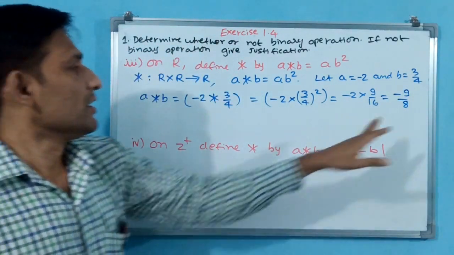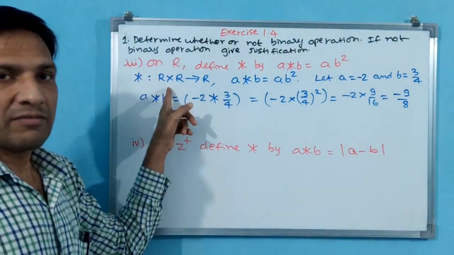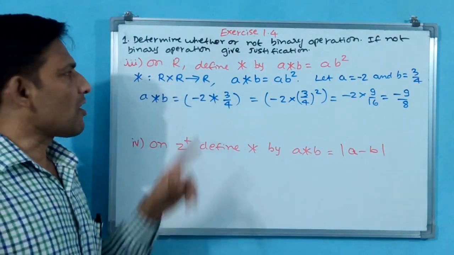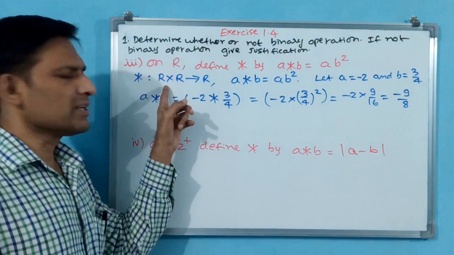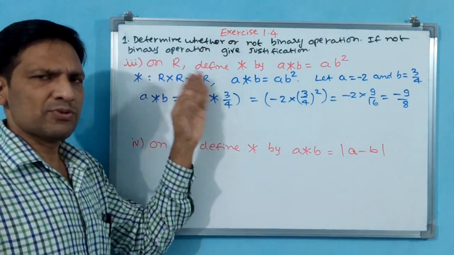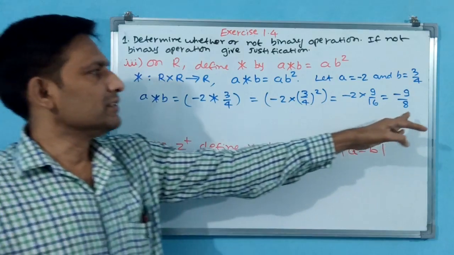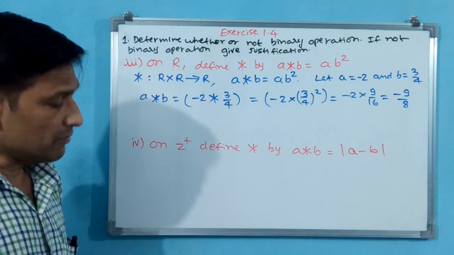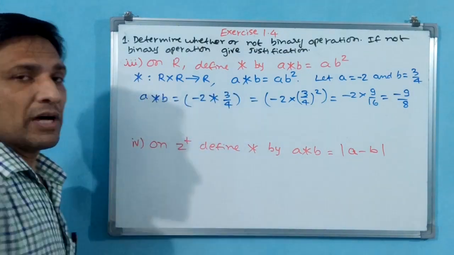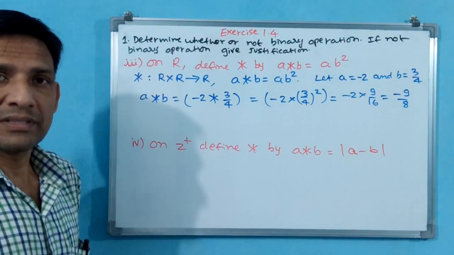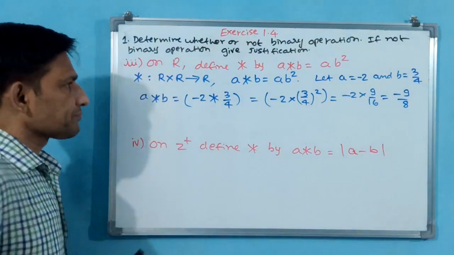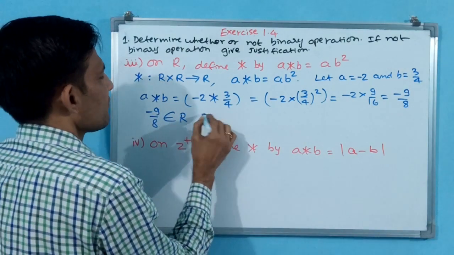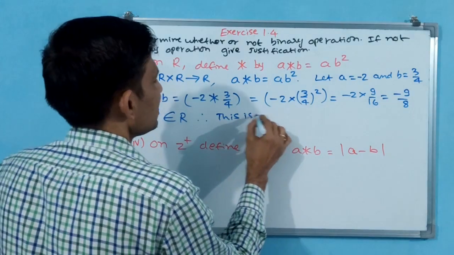Okay. Now you tell me, does this belong to real number or not? Why? Because here it is not given R minus or R plus. R means all numbers are there. Even non-zero real number they have not told. That means even zero, everything, negative, positive, rational, irrational, all will be there. This is a negative rational number. Now, -9 by 8 belongs to R? Yes, belongs to R. Is this a binary function? Yes, binary function. Then write that one. -9 by 8 belongs to R. Therefore, this is binary function.